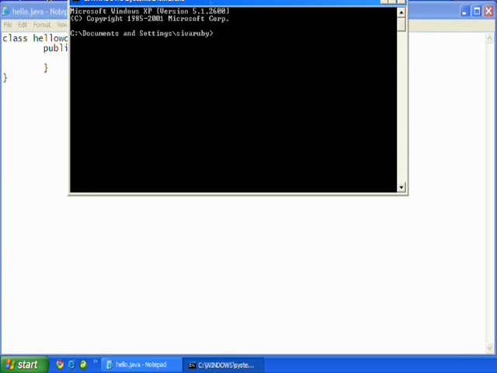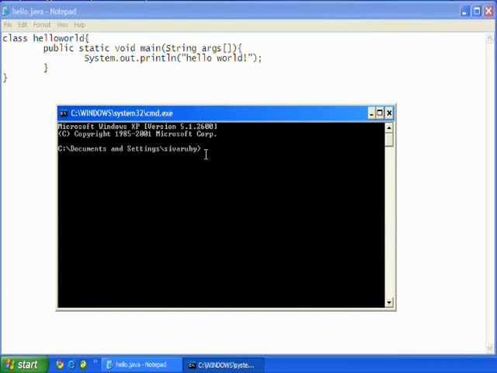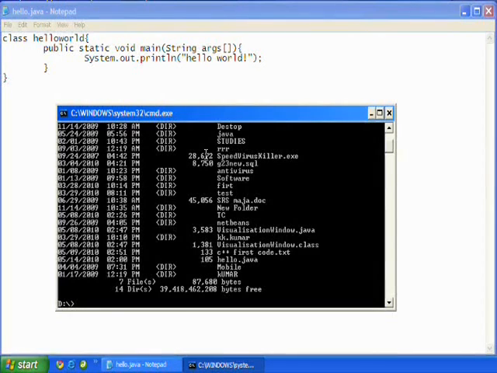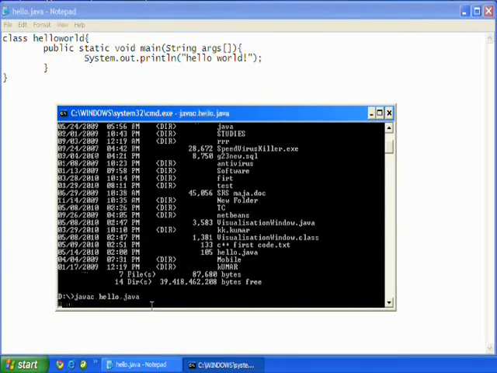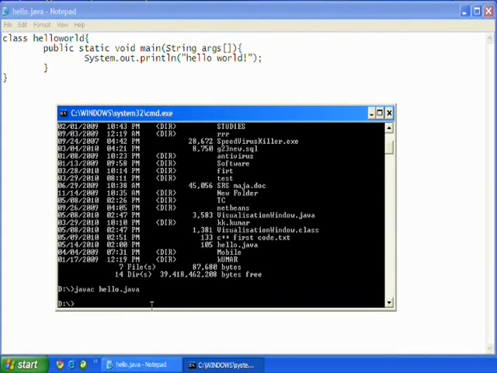And then want to compile the program. For this, first open command prompt and change the drive where your program is saved. By typing dir command, check whether your program is saved on the drive. Then compile the program by giving javac hello.java.